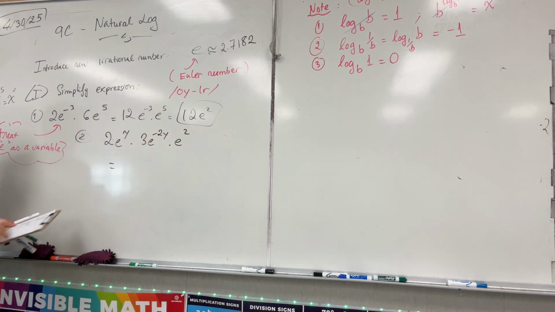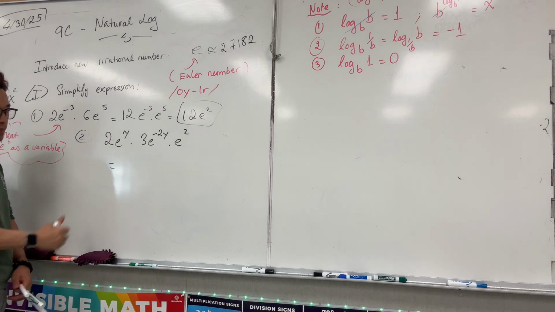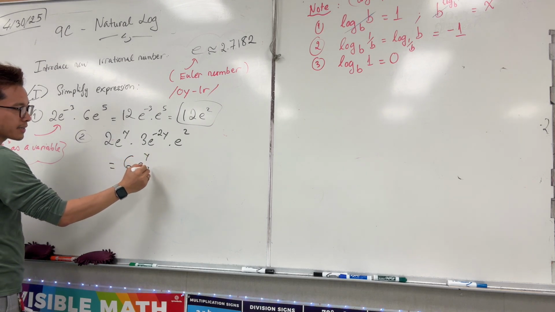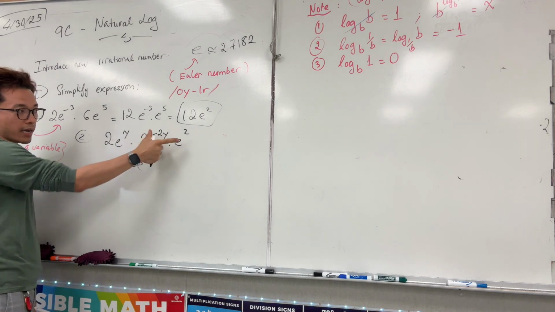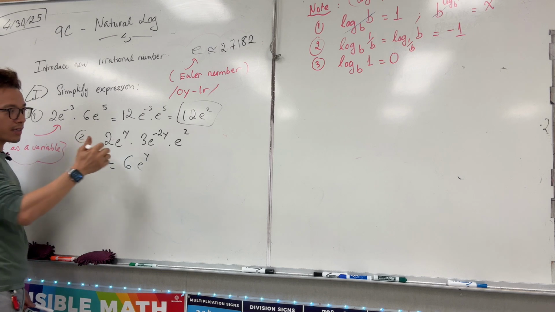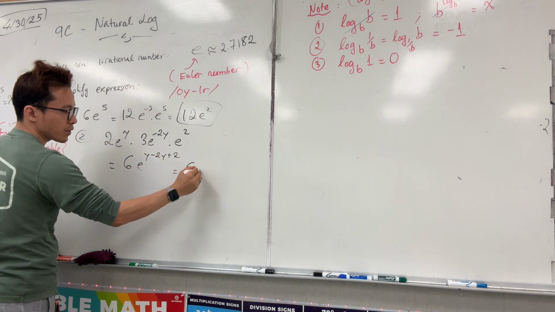What is that equal to? Multiply the numbers together. 2 times 3 is 6. Now what do you have? Y. You add them all, right? There's no division, because they're all multiplication. So you can just add all of them. So y minus 2y plus 2, which is e to the power